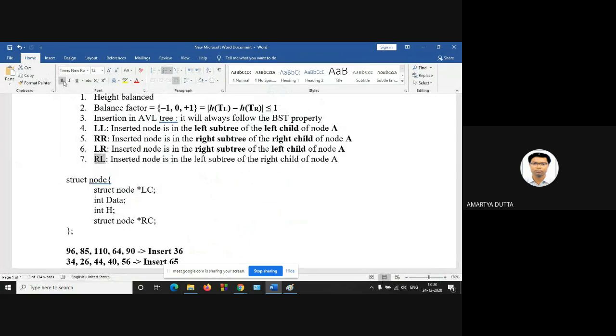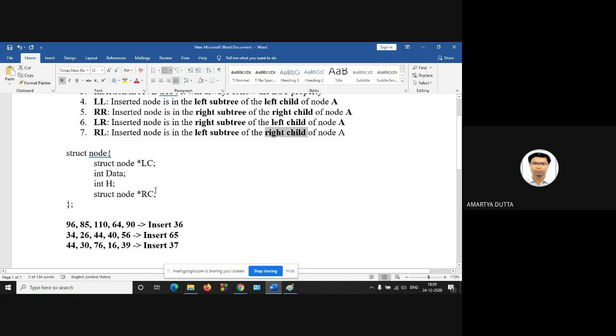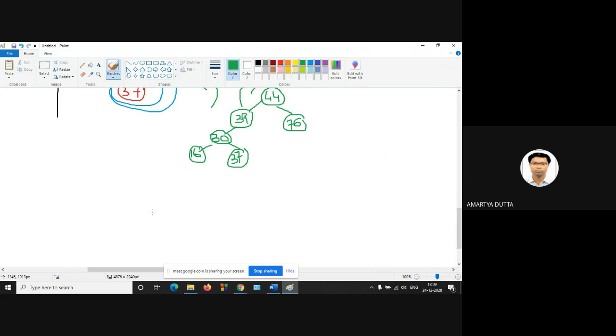So what is RL? Insert a node in the left subtree of the right child. Okay, left subtree of right child. Just one example. Left subtree of right child. Suppose